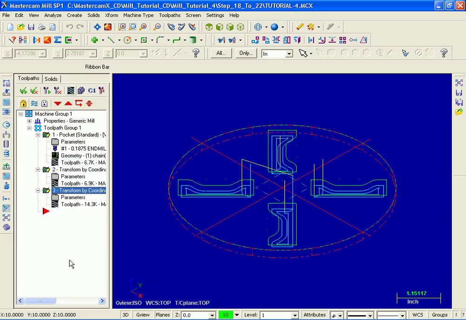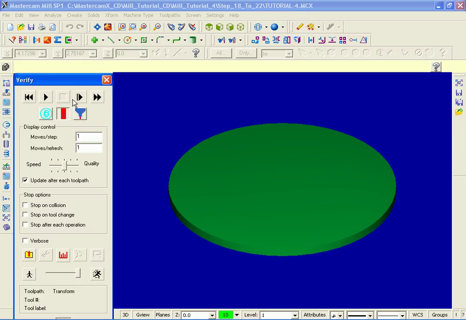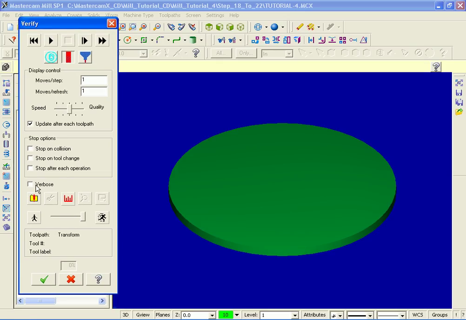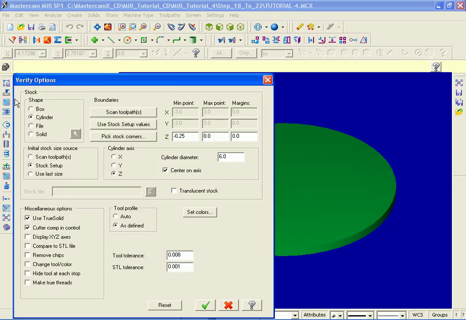Let's go and verify the toolpath. Everything is selected. I'm going to move up and pick Verify. To start with, I'm just going to move this dialog box up and then move on down and pick Config. Starting off in the shape section, you can see our stock shape is cylindrical. Moving on down, the stock sizes will be taken from the stock setup. Our cylinder axis is moving up the Z-axis, and we've also got it centered on the axis, and our material